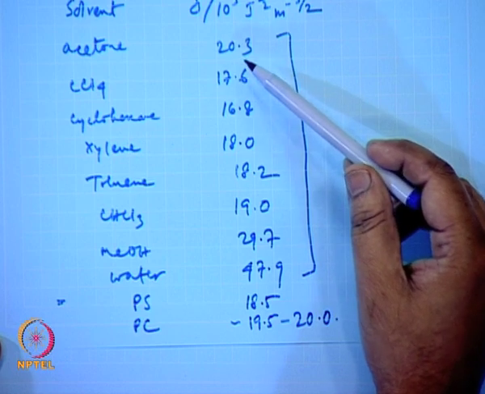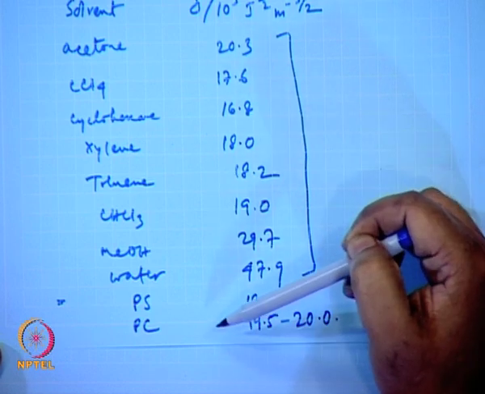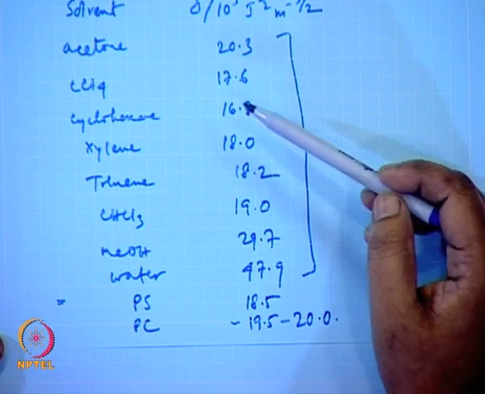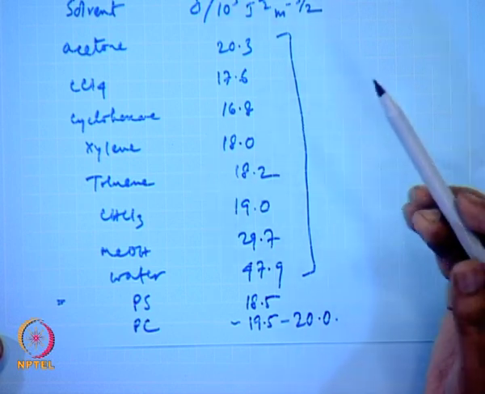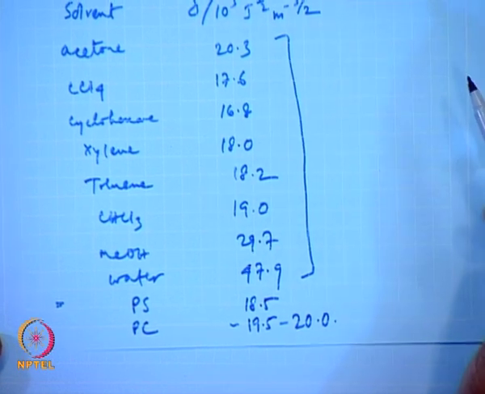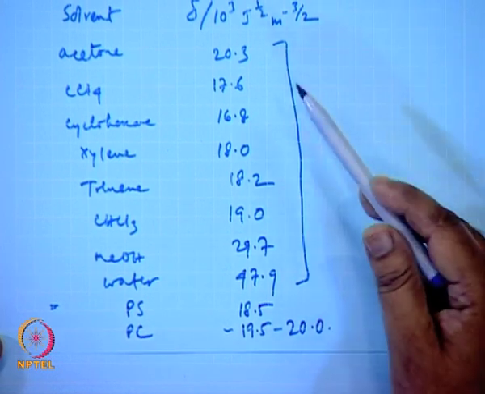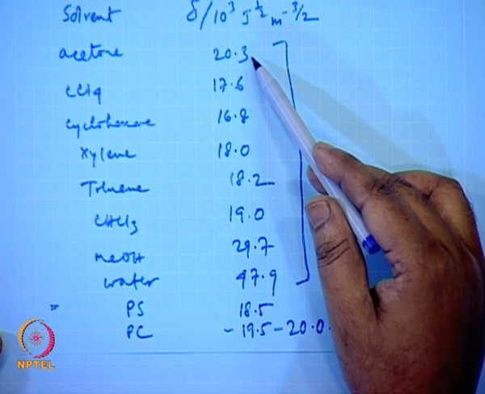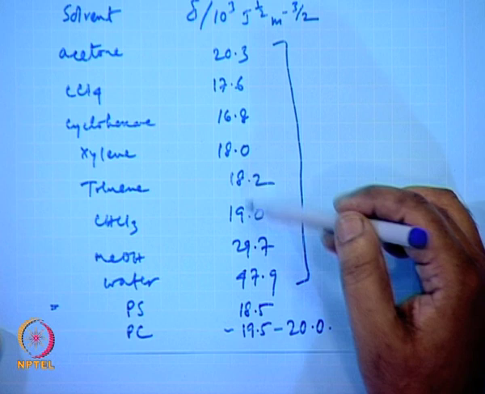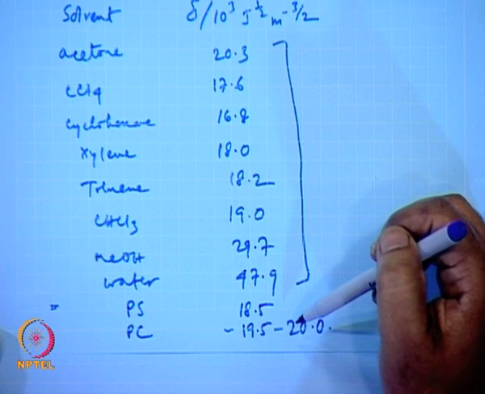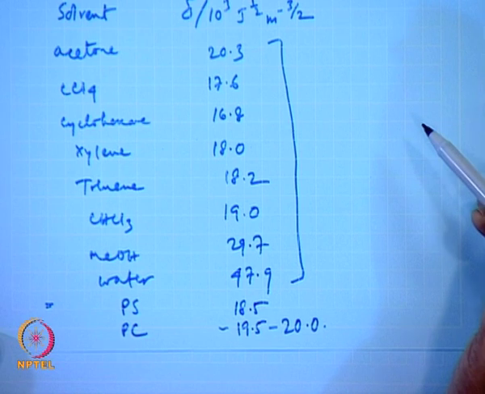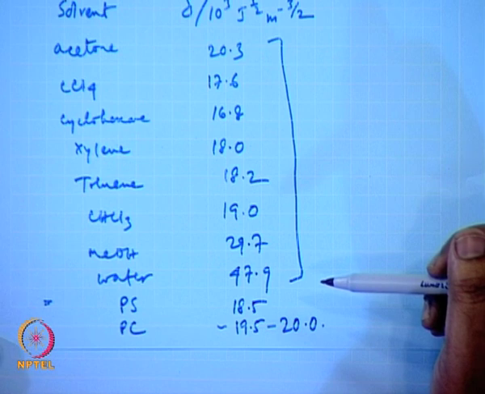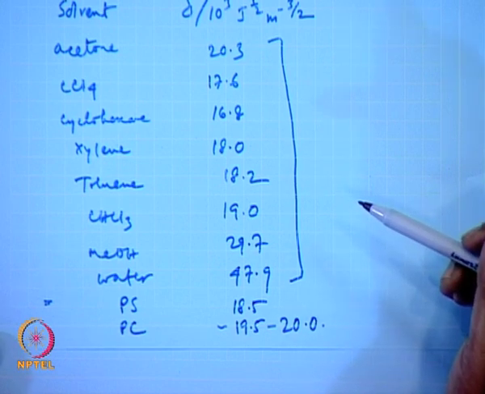Acetone, at 20.3, is not a very good solvent for polycarbonate, but it is also not a complete non-solvent. So, the solubility of polycarbonate is very low, but it is not zero in acetone. So, if you know the values for the solvents and for polycarbonate, you can estimate whatever you want for your application. For example, if you want to use some medical devices,